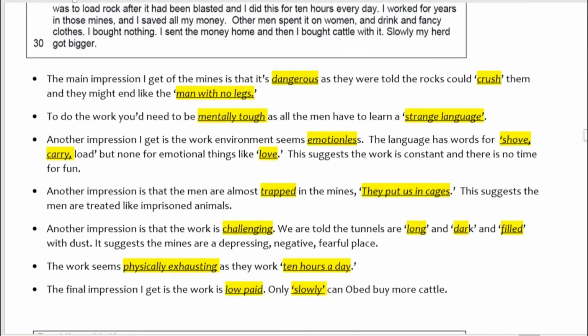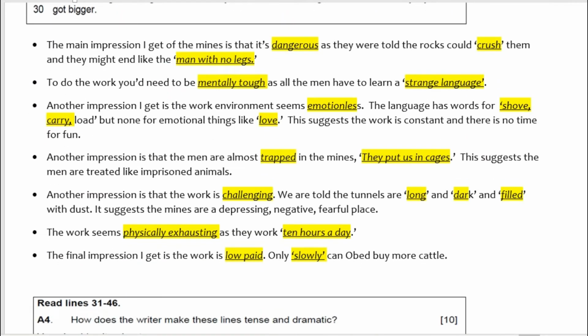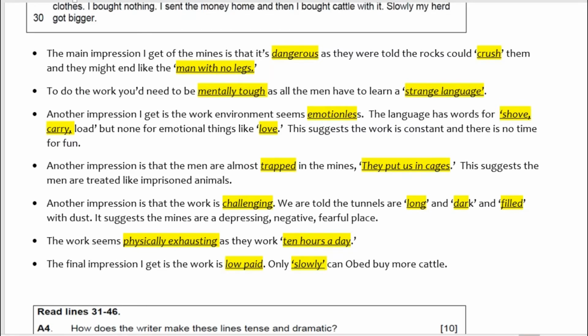Okay, so for each of the impressions questions, I've left a line between each quote. All I have to do is give an impression and then give my quotes to back it up. So I've put one impression I get of the mines is it's dangerous, and my quotes to back that up are, as we are told, the rocks could crush them and they may end up like the man with no legs. To do the work, you need to be mentally tough, as all the men have to learn a strange